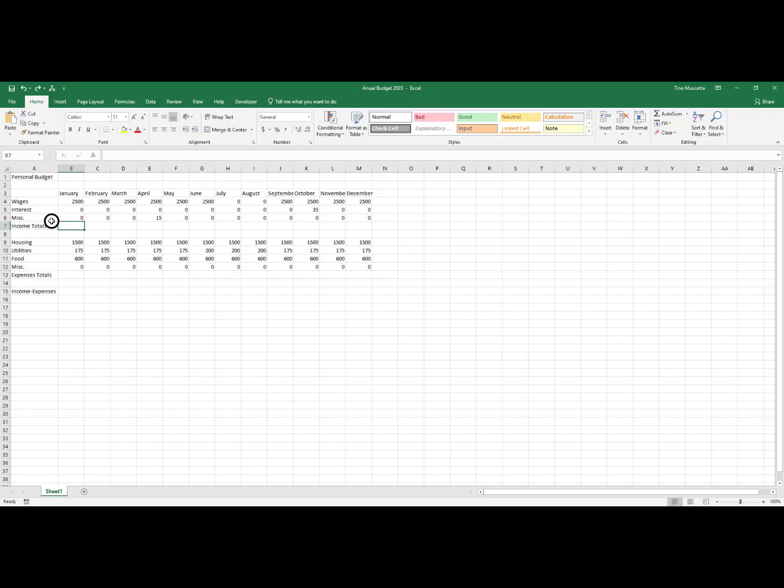But remember, I said we wanted to deliberately put certain things together, like all of our incomes, all of our expenses, right? Well, that's not just for us, it's for Excel, because we have this thing here called AutoSum, and it's extremely convenient. This is actually much easier than having to click on individual cells and manually put in that plus sign. All you have to do is say, okay, I want to add up these cells. Fair enough. Where do I want that to go? Well, we're going to select B7 again, because that's where we want our total to go,